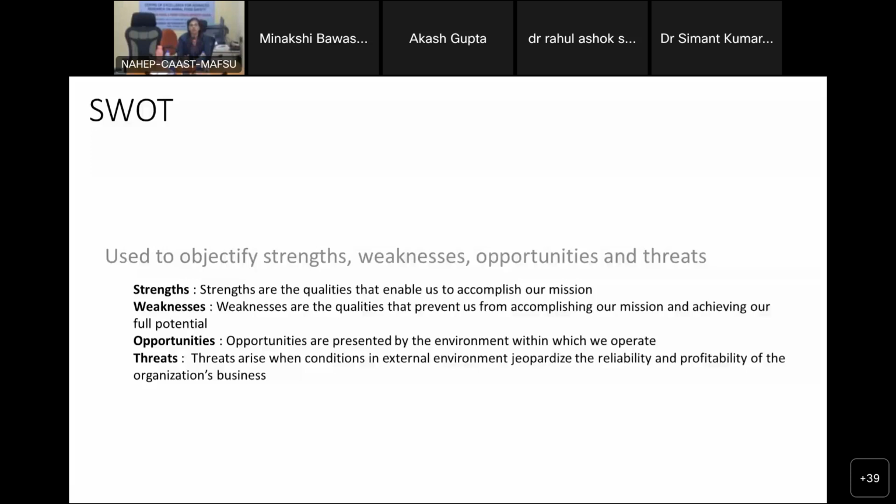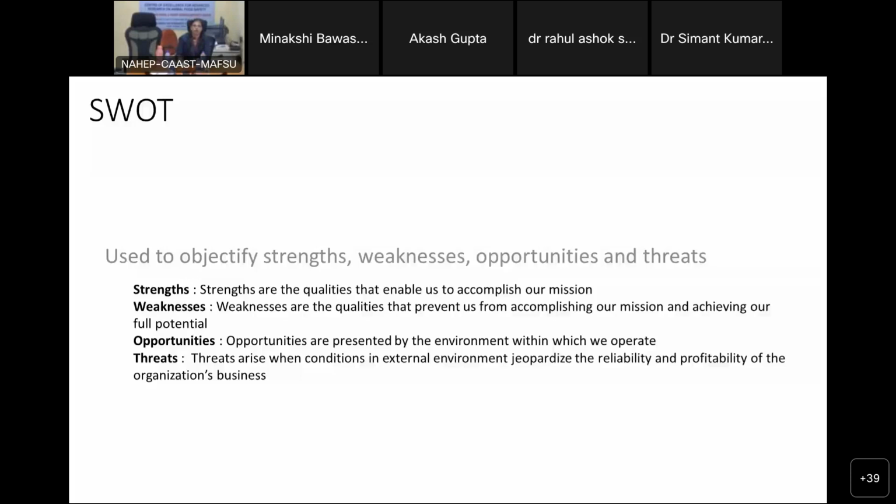Because this gives huge clarity in anything that you're looking into, whether you're trying to develop yourself. So you're writing your strengths, you're writing your weaknesses, and based on that, what are the opportunities you have available and what are the threats. Threats as in, if you don't work on your weakness, what are the issues that happen, whether promotion or what is going to happen. So all these things people can use in any kind of problem.